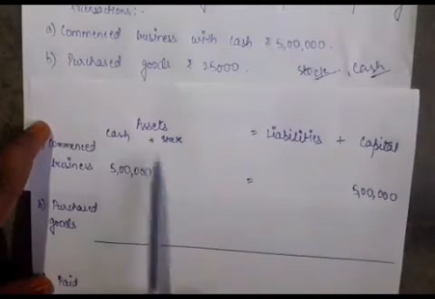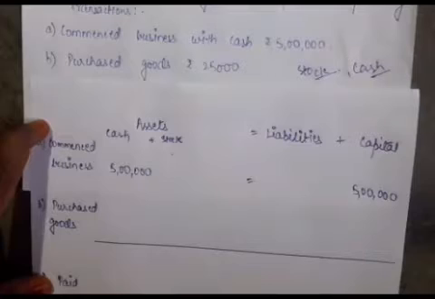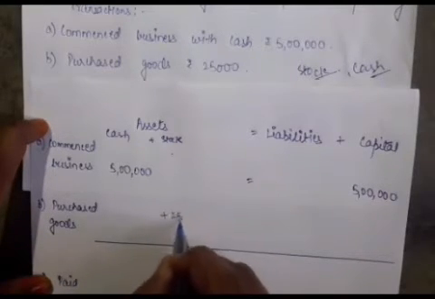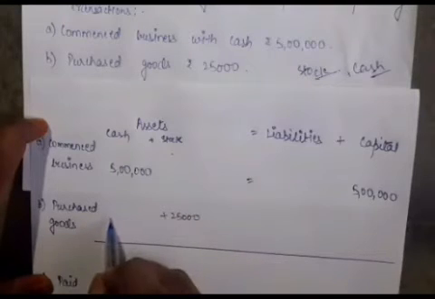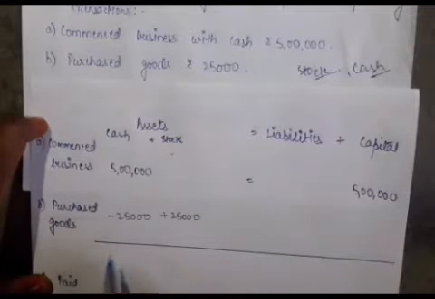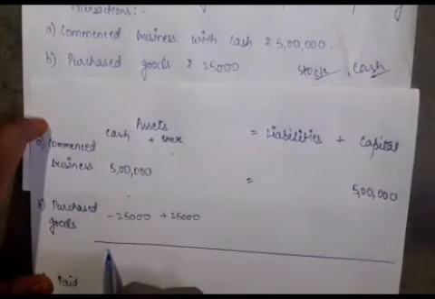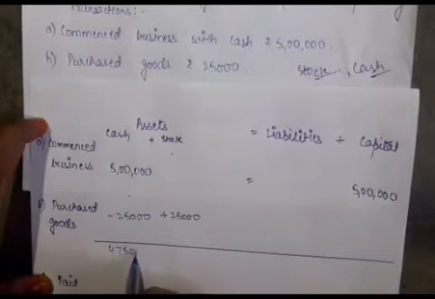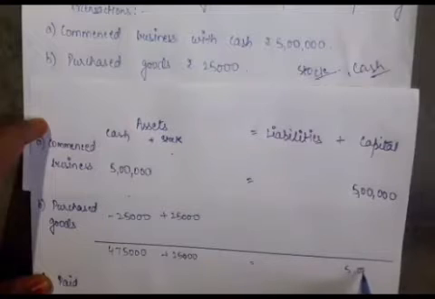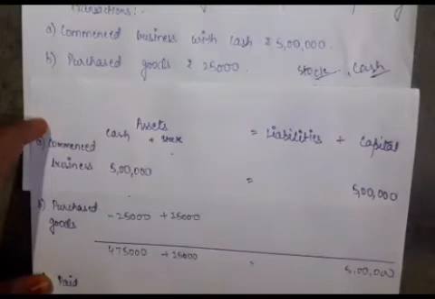We will make another column for stock here and add 25,000 to it, and from cash, because we have paid it, the amount will be deducted. The new equation after this transaction is this. Here it becomes 5 lakh minus 25,000, which is 4 lakh 75,000, and here it is 25,000, and here it is 5 lakh. You can see that this equation is balanced. The total of this is equal to this one.